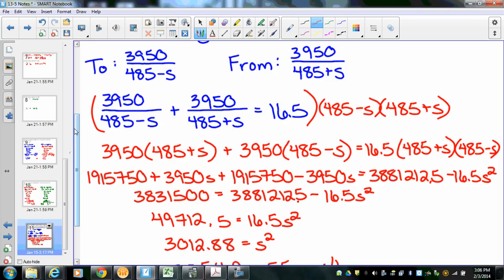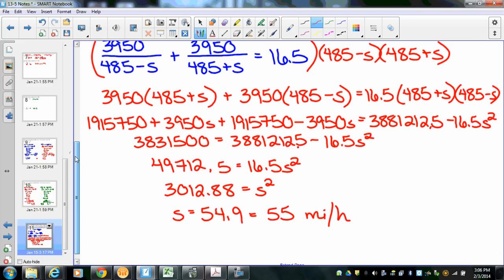So you're going to get some really big numbers, and you might have thought as you were going, if you were doing this correctly, oh no, I cannot be doing this right if these numbers are so big, but they really are that big. So distributing all this stuff out on the left, we get these numbers here, and then on the right-hand side, we would have to FOIL this out and then distribute the 16.5 through to get these numbers over here. Combining like terms, we end up with